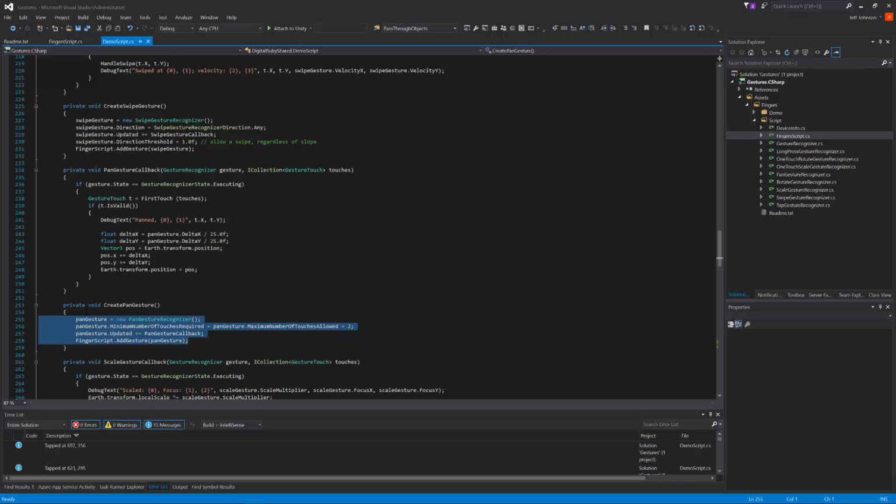If I move 2 fingers really fast, the pan gesture is going to fire and the swipe gesture won't execute. If I move 1 finger really fast, then the swipe gesture executes. If I did not have this line here, then the pan gesture and swipe gesture would be fighting with each other, and that would not be ideal. Okay, so when I pan, I move the Earth around. So if we look at the callback that's assigned here,